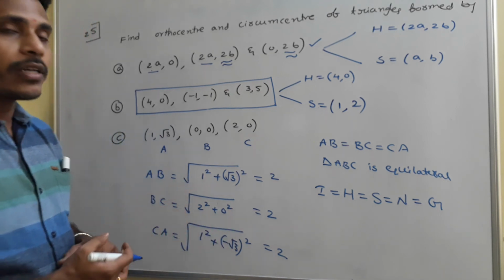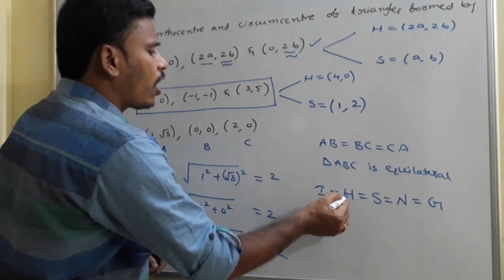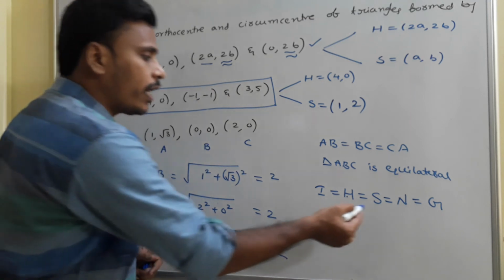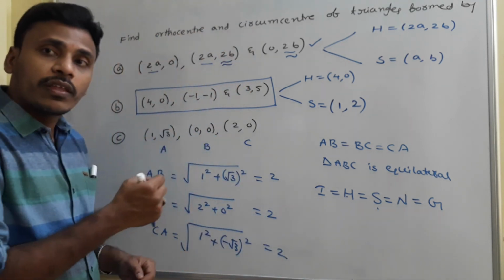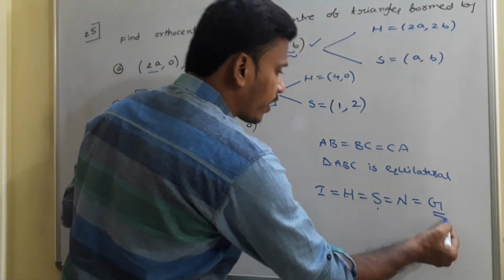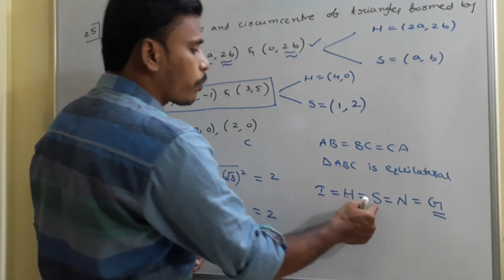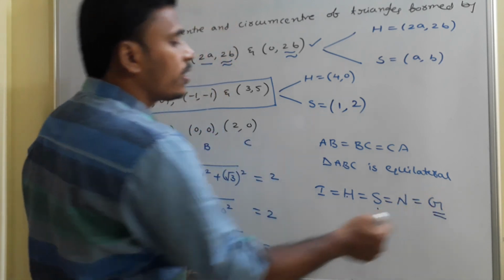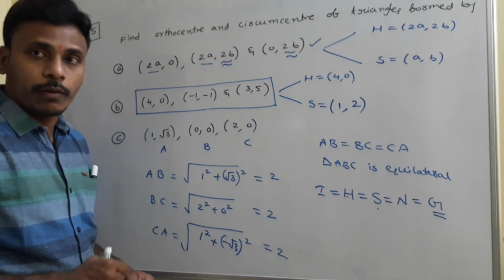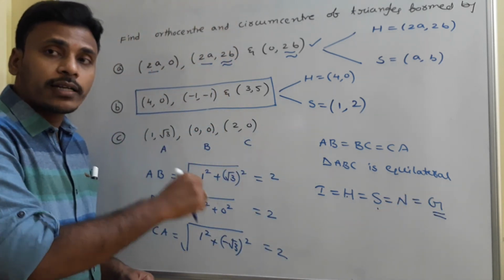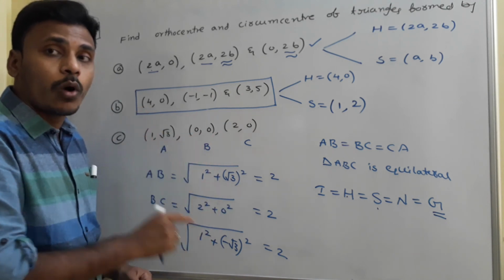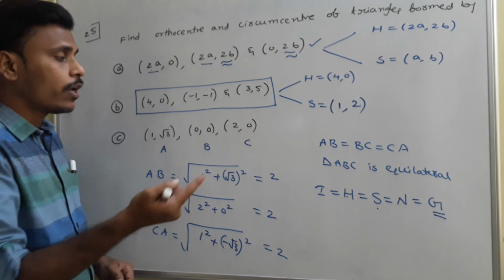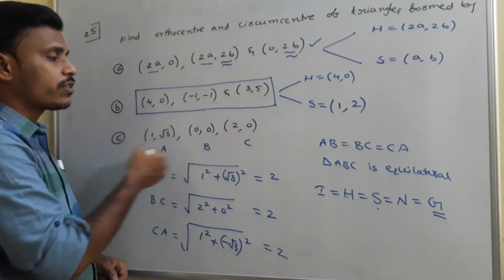Since all these points are coincident, finding orthocenter or circumcenter or nine-point center is equal to finding centroid. Because among all these points, finding centroid is easy because we have a specific formula for that. So use that, find centroid. That centroid itself acts like what? Orthocenter and circumcenter. So what is the centroid of these three vertices?